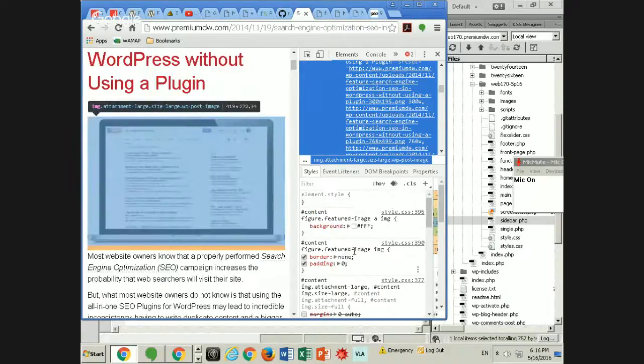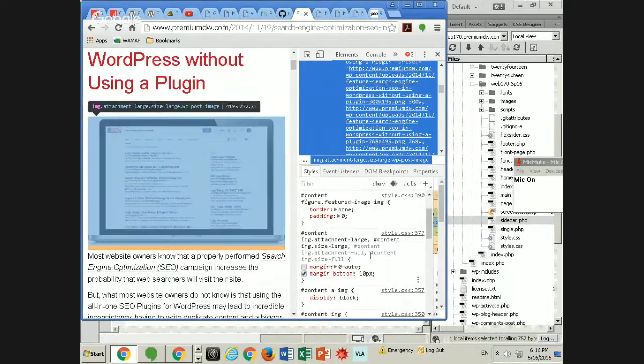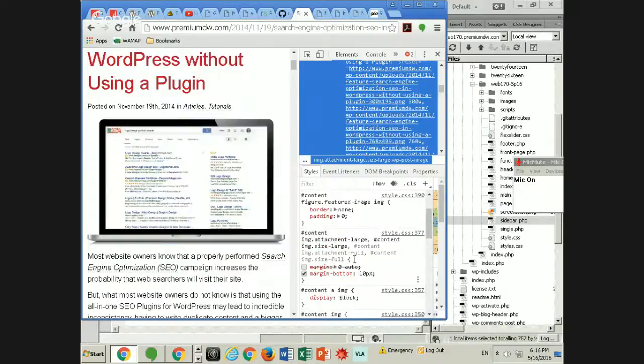and I then am saying image attachment large, image size large. Remember when we talked about the WordPress generated sizes? In the style sheet, this is where, again, what you're going to have to do is, because on my single page, my single.php said,